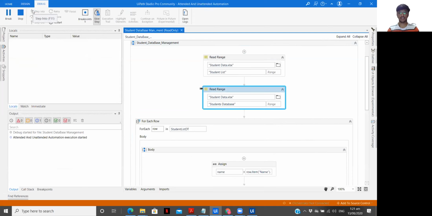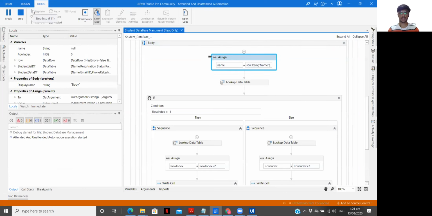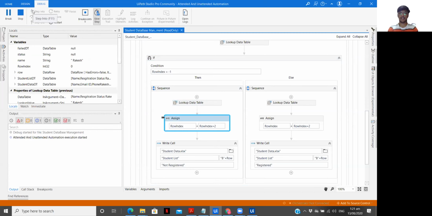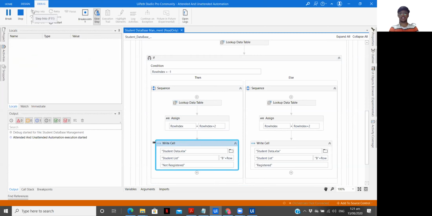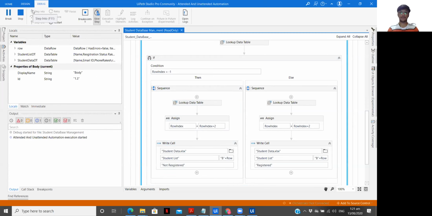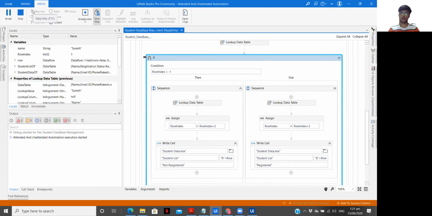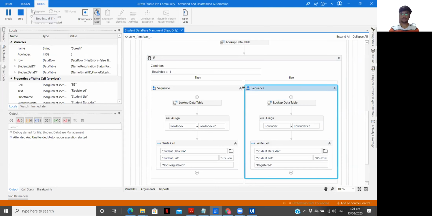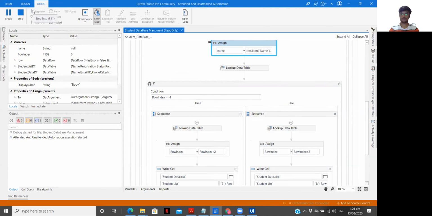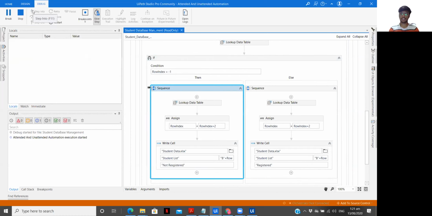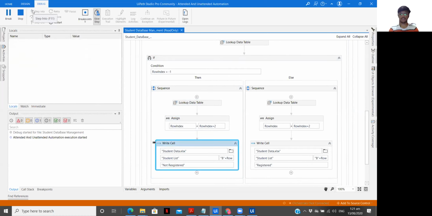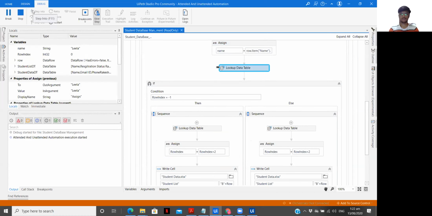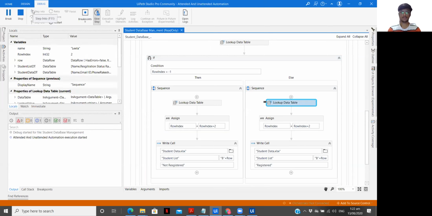Okay, let's see if there are any other errors or not. Okay, so this is working fine. Name. Now you can see I am doing nothing. I just ran the workflow. It is automatically taking the element from that row and it is completely unattended. Now it is again going to the next row. You can see over here. So it is completing the process. We saw there are around 7 or 8 entries. Okay, so it is performing its execution.